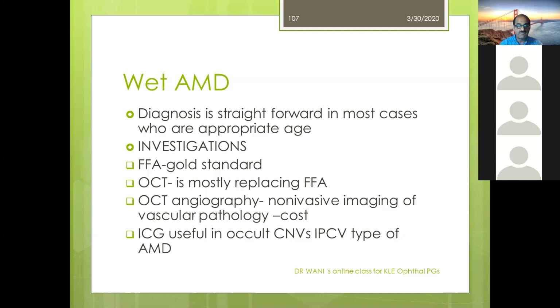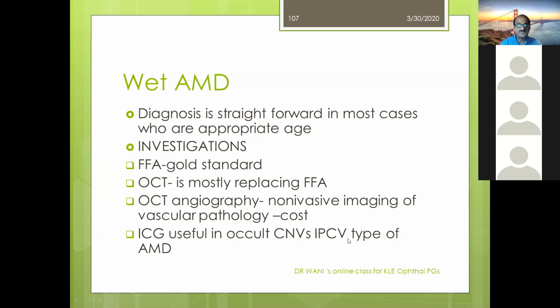The investigations are fundus fluorescein angiogram. OCT is mostly replacing fluorescein angiogram. OCT angiography, if you have it, is a non-invasive imaging of the vascular pathology, but the cost is very prohibitive. And ICG is useful in occult choroidal neovascular membrane, and also in another type of AMD called IPCV, where